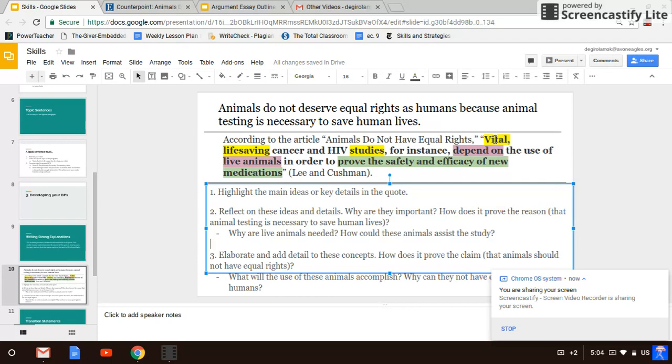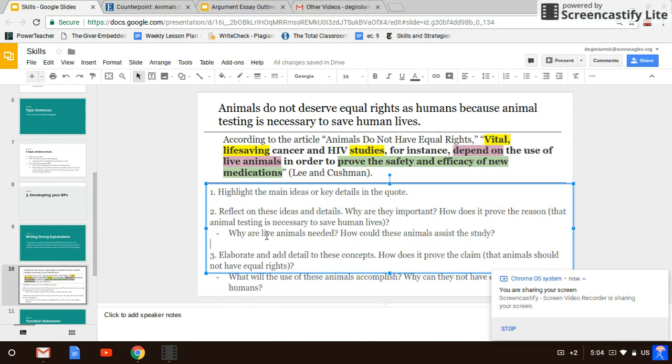It was important, it was vital, it was necessary. Okay, so these animals are going to hopefully save human lives. And then we have to look at, how does that prove that they do not deserve equal rights? Well, why can they not have the same rights as humans? Because we need the animals to help save a human life. Okay, we need the animals and their live bodies to test this medication so that we don't just automatically kill human lives, and that we're looking at how do these medications affect animals. So that way we're looking at, okay, if they affect animals in this way, this is probably how they're going